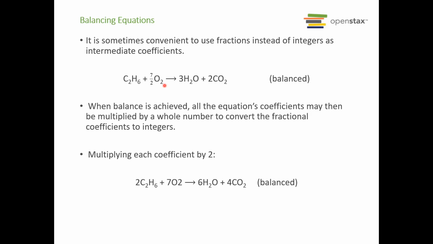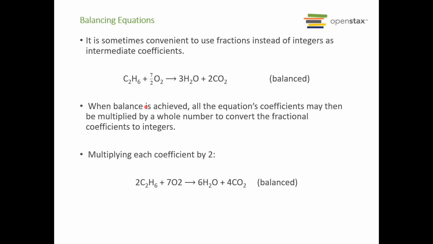And the reason we do this is just as a shortcut, because this allows us to technically have it balanced. We've got 2 carbons on both sides, we've got 6 hydrogens, we've got 7 oxygens, but with this 7 halves, we can't have half of an oxygen molecule. In that case, it would just be a lone oxygen atom, which is an entirely different substance. So then what we do is take this chemical equation and just multiply the entire thing by 2,